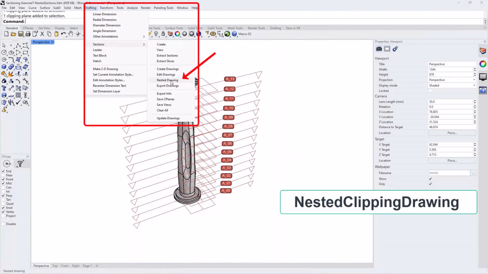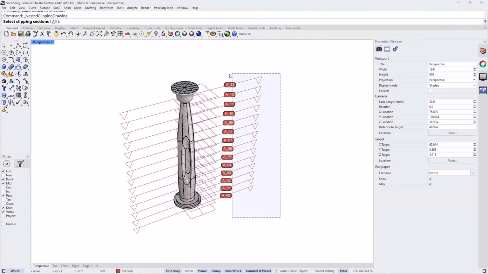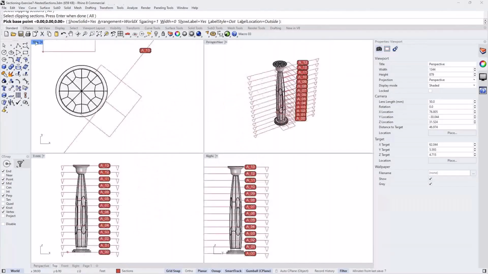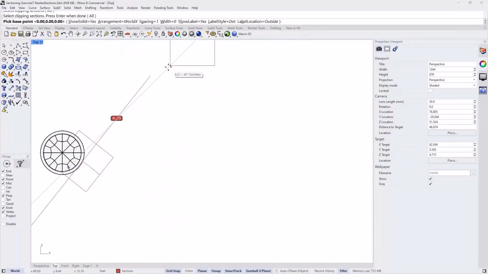So you go nested drawing, and you can select all your clipping planes. And now it actually gives you the option, and I'm just going to pick a spot at the top XY plane.